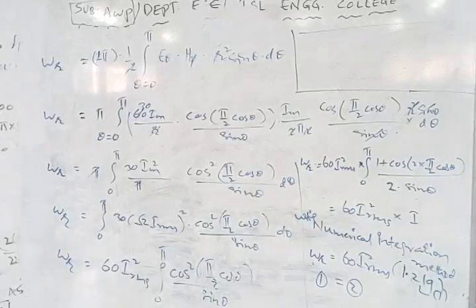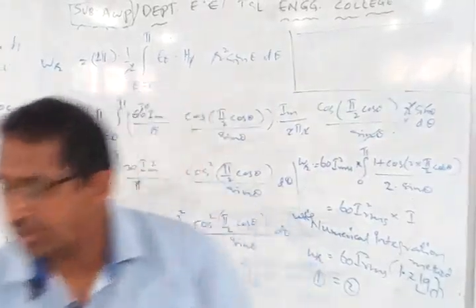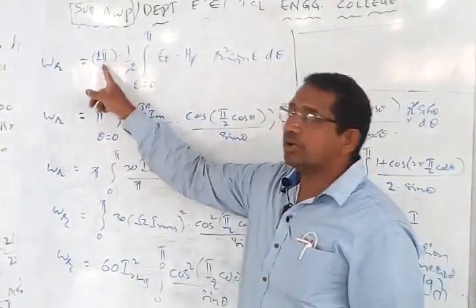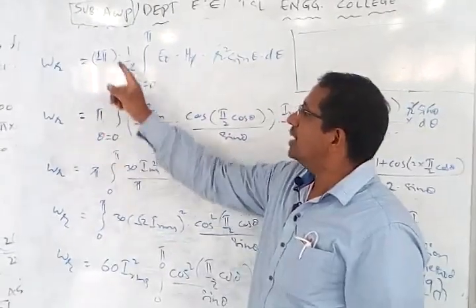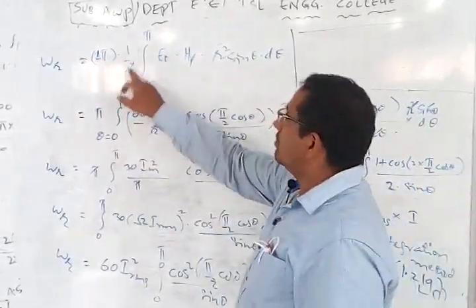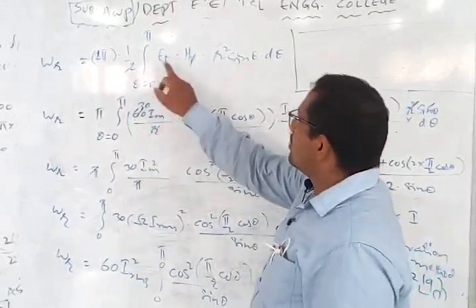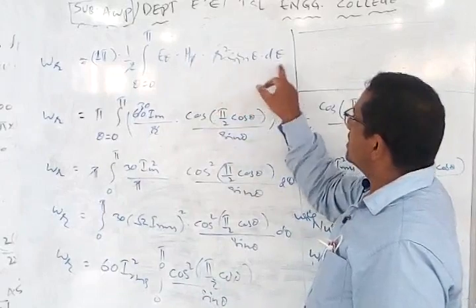While solving the equation, the radiated power we can write as follows. This 2 pi represents the integration of d phi, which varies between 0 to 2 pi. So 2 pi minus 0, we got 2 pi for the phi integration, and into 1 by 2. What is 1 by 2? This is the average value. For the average value we get 1 by 2 times the maximum power. The maximum power is E theta into H phi, so E theta H phi into r square sin theta d theta we have got.